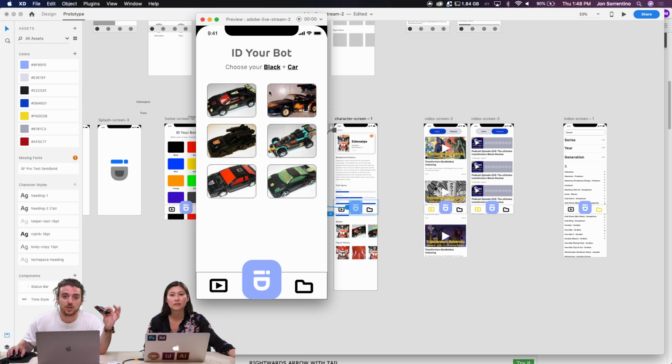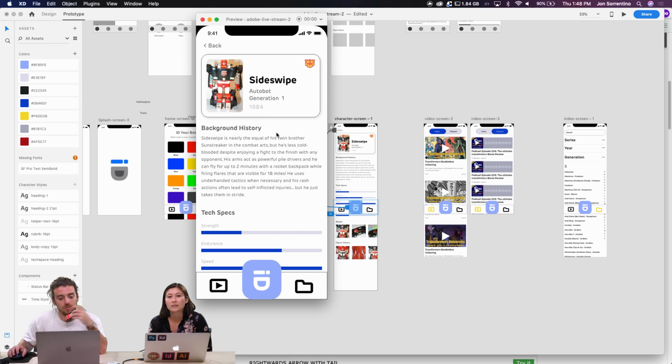And just by showing this grid, I can tell that this car looks like this one. I would click it, and then I'd be shown all this information about Sideswipe. He's an Autobot, he's a Generation 1, and he was created in 1984. There's a little bit more information here. He's nearly the equal of his twin brother, Sunstreaker, in the combat arts.